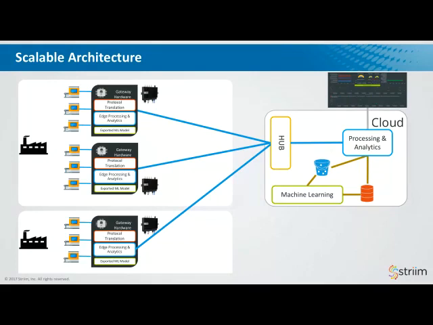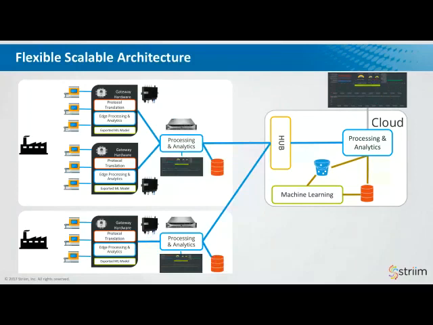So this kind of architecture works really well for a lot of different use cases where you have information in a lot of different sites that you need to be able to view in a single place. But in a number of different scenarios, you can imagine that you want to also add in on-site processing and analytics. And this could be for a number of reasons. It could be because you need to be able to manage an individual facility or an individual production line and do that separately from a lot of other things.